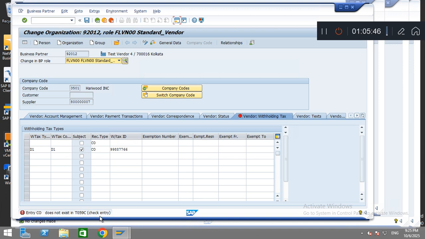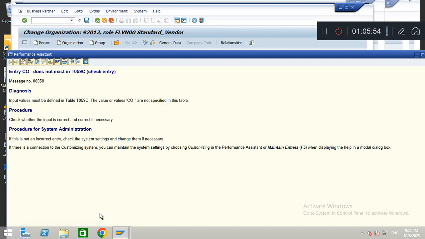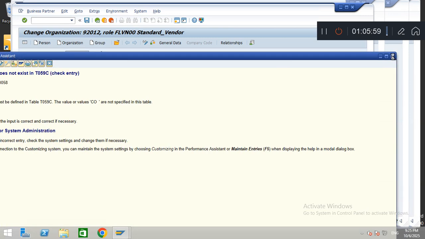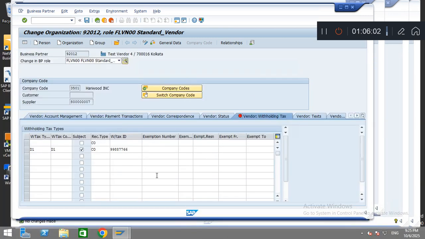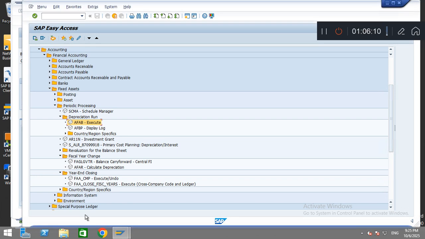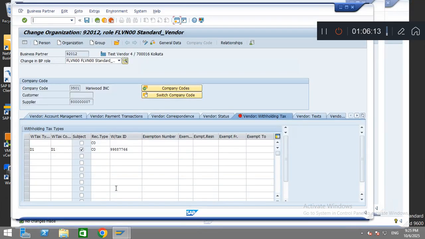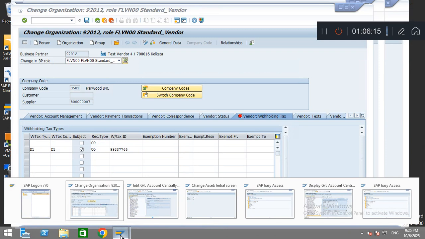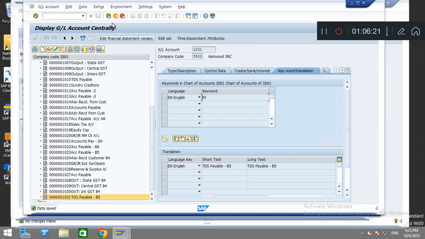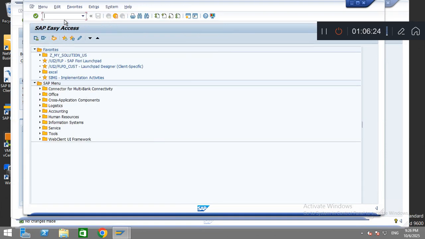Entry CO does not exist in this. রিসিপিয়েন্ট টাইপে D1টা নেই, যার জন্য মনে হয় এররটা দিচ্ছে। ঠিক আছে, লেটস গো, এটা নয়, লেটস গো, গো, গো, এটা হয়ে গেছে, দরকার নেই।